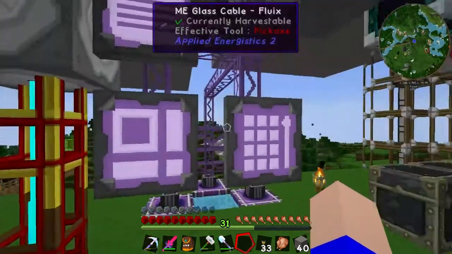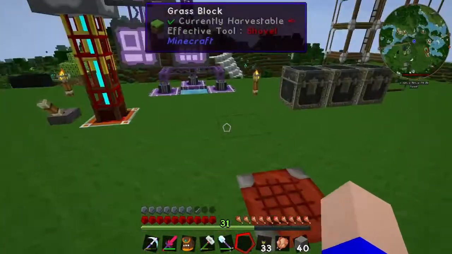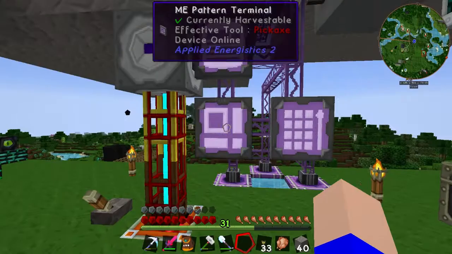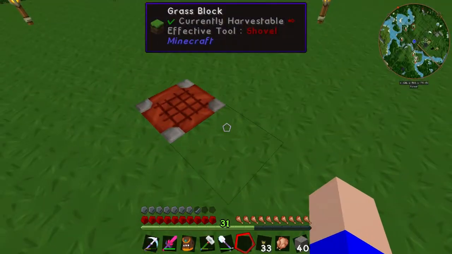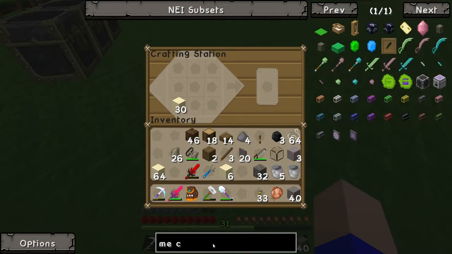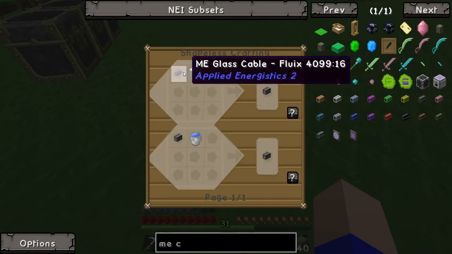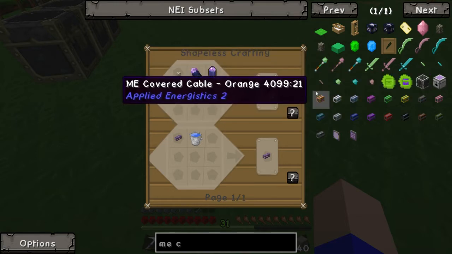Crystals are coming along nicely. I'm well pleased with the speed that made those Fluix crystals. That was truly amazing. So we're going to look to make recipes for... We've done the ME cable. The basic cable, which is this one, we've done. We've got those recipes in. So now we need...